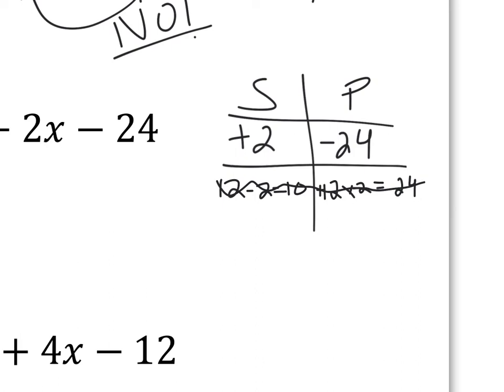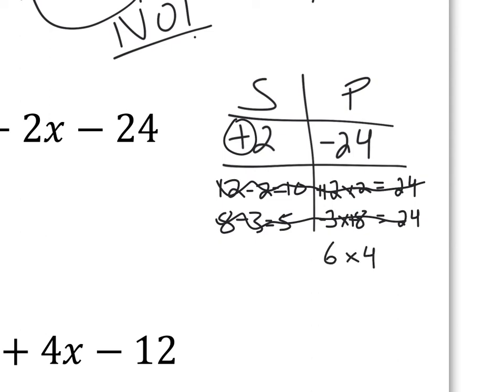Let's try another number. How about 3 times 8, I can see on my multiplication table. 3 times 8 is 24. The bigger number gets the positive sign. That means that the 3 will be the negative. So what's 8 minus 3? Which is that 5. So far we haven't found any numbers that work. But there's one more option on your multiplication table there. Can you find it? That's right. 6